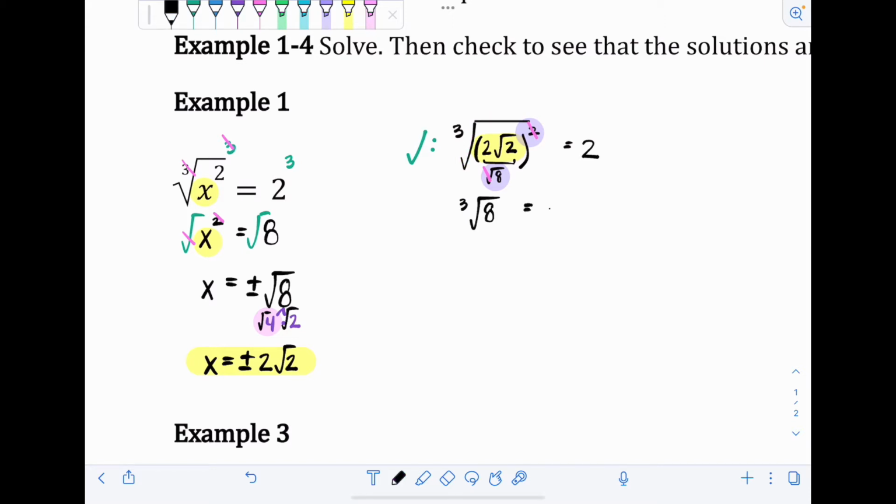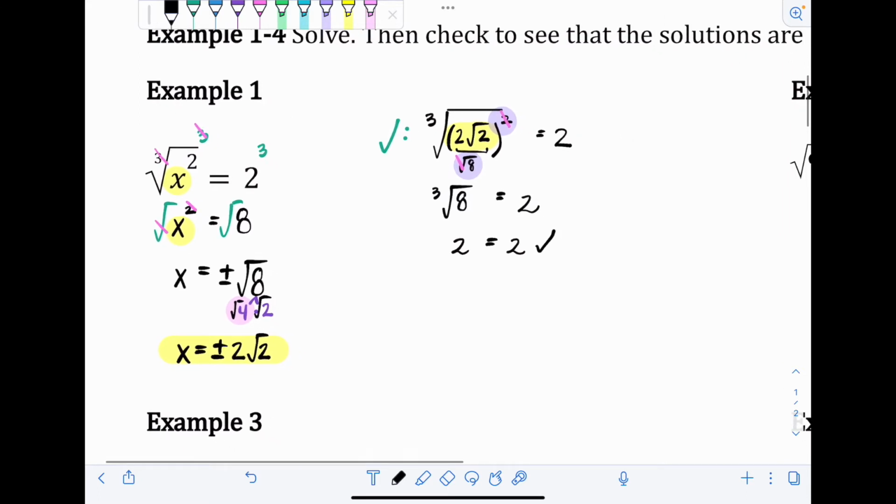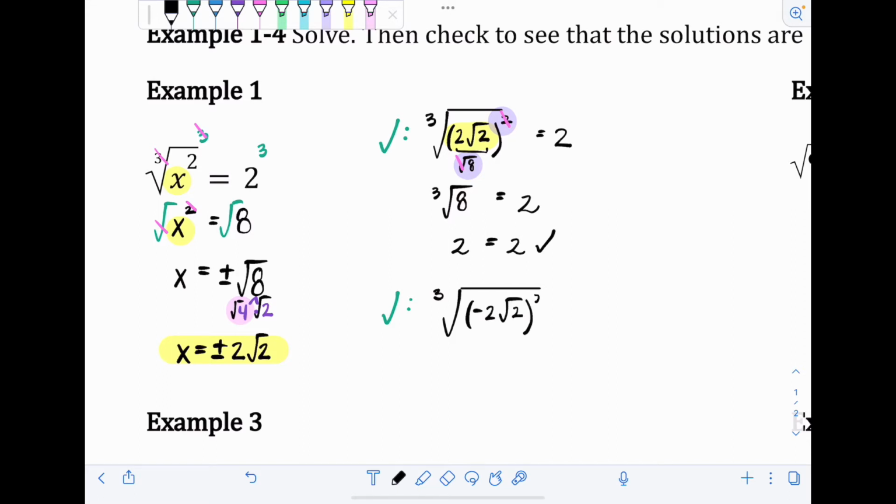And then that's equal to 2, and the cubed root of 8 is 2. That's true, so we end up with 2 equals 2, so that check worked. And then the other one, we just want to repeat the same process, but with a negative x value. So the second check is the cubed root of, in this case, negative 2 root 2 squared,